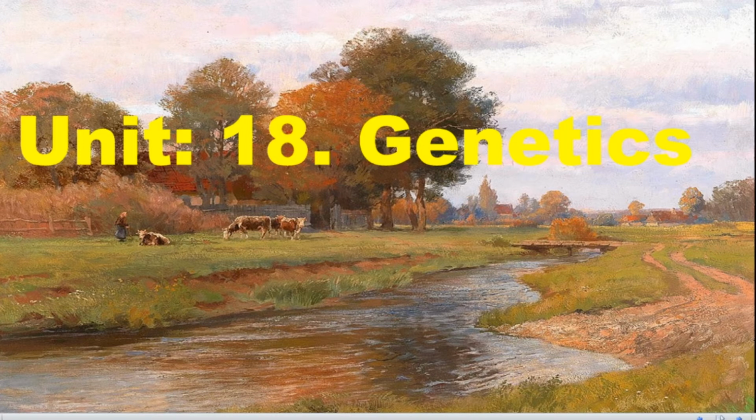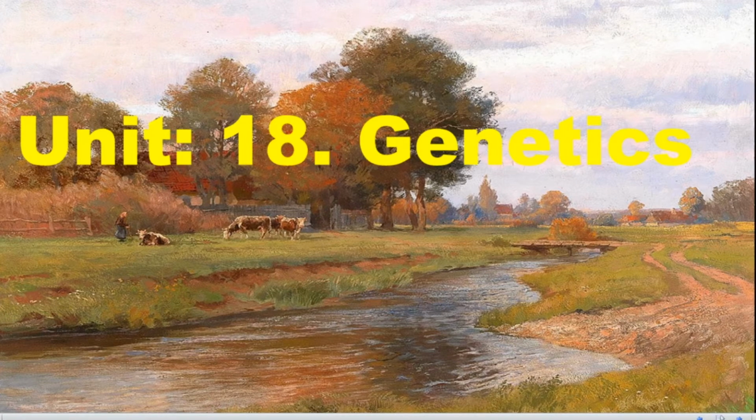Students, we are going to study unit number 18, genetics. In the previous class we studied several topics: the types of chromosomes based on their functions and the position of the centromere, and the structure of the chromosomes. We have studied the structure of the DNA. What is the DNA? What is the chromosome? How is it a carrier of inherited characters from one generation to another? These are the details we studied in the previous class.